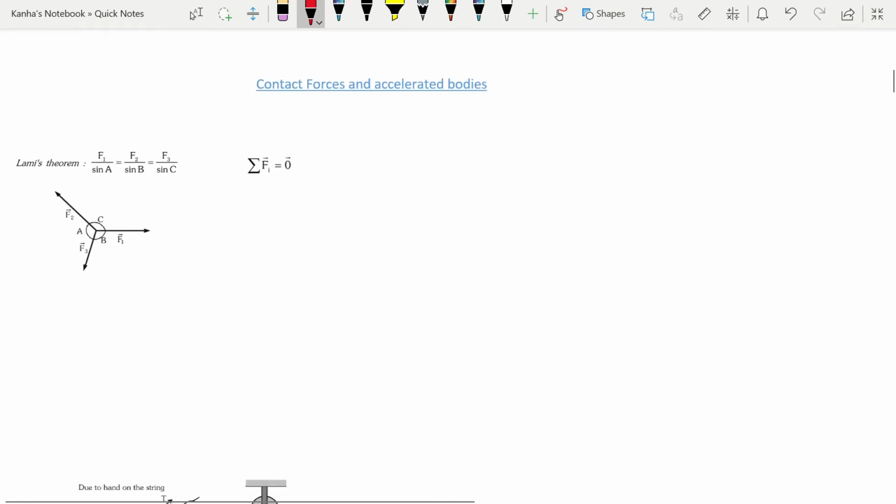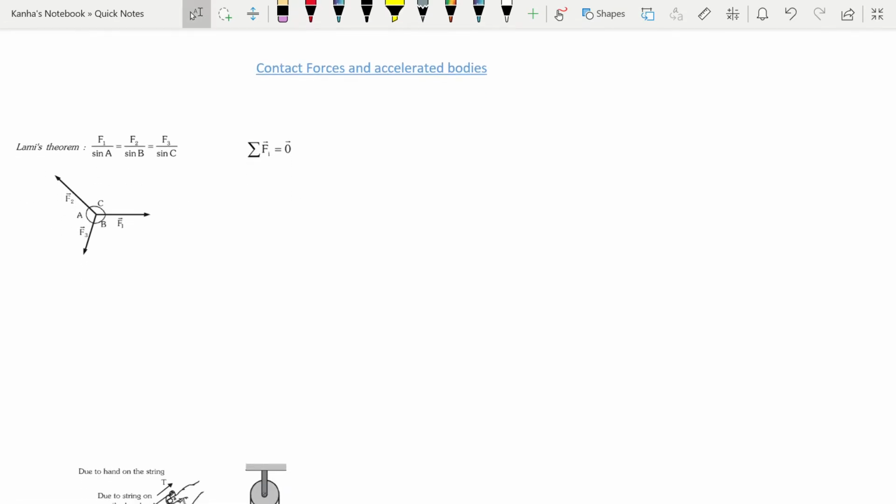Let's start the discussion on contact forces and accelerated bodies. First of all, if the net external force on a system is 0, then my system will either be moving with a constant velocity or with 0 velocity. Okay, so there is no net acceleration in the system. Whenever there is no net acceleration, or you hear terms such as the system is stationary or kept at rest,